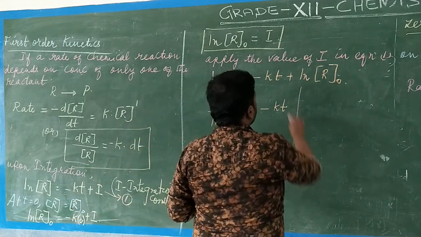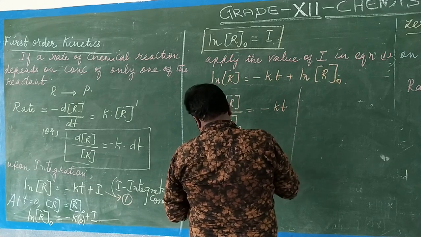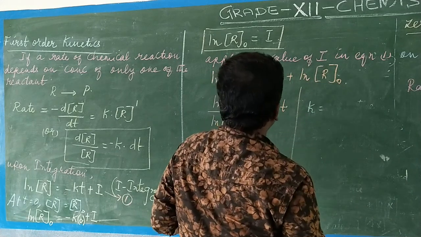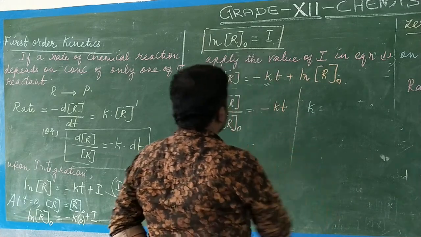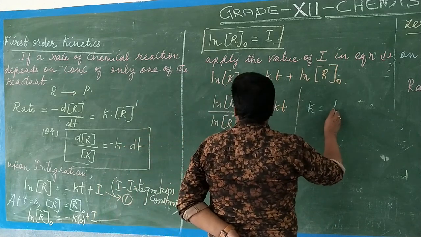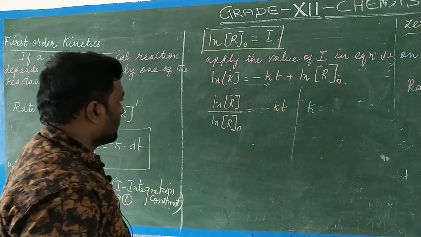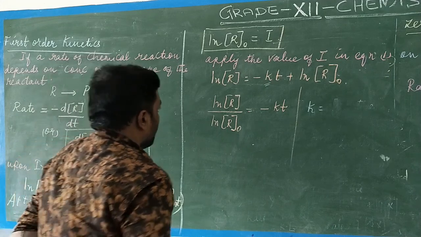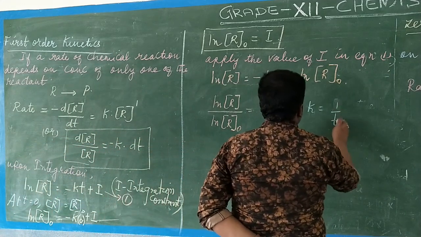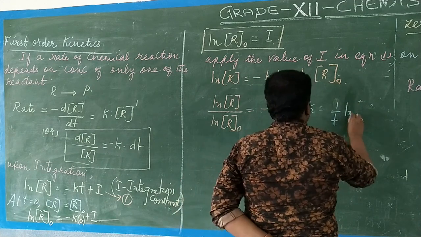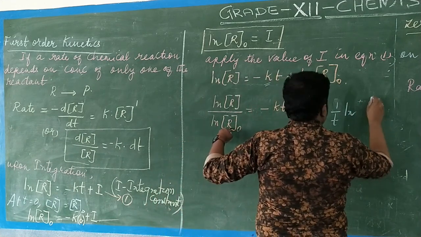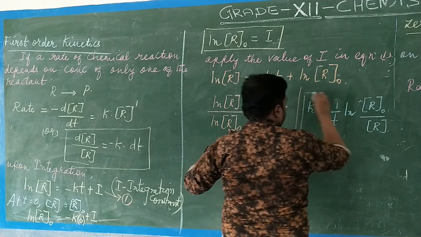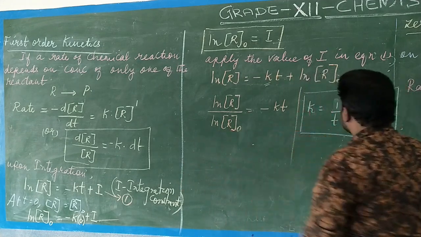Or otherwise, how can I write? I have to find out the value of this K. So K will be equal to, if I take K outside, 1 by T into ln of the reciprocal, concentration of R naught divided by concentration of R. So K is equal to 1 by T